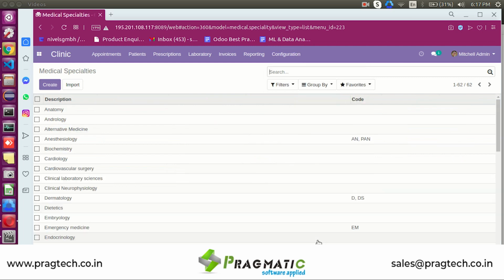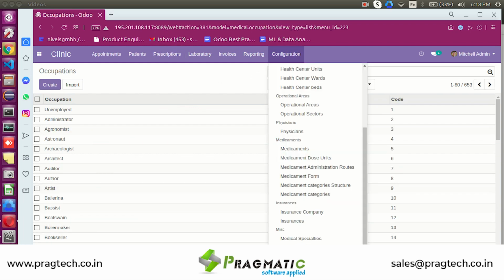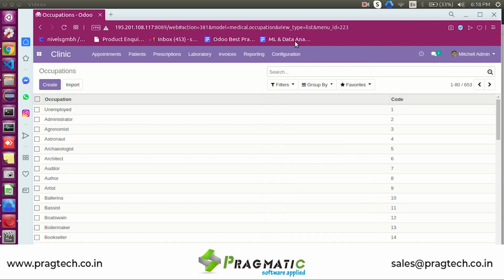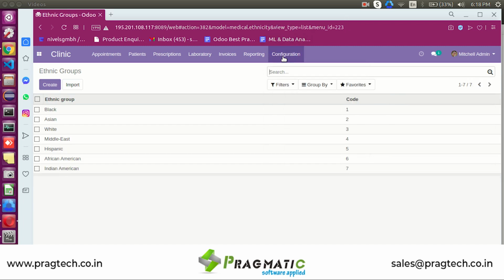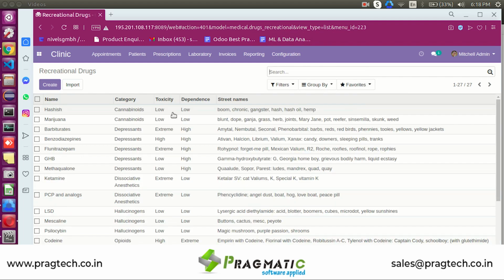Specialities that we have seen in the physicians, so you can go and then add more specialities that you need to associate with the physicians. There are different occupations. So here are a list of occupations. You can give ethnic groups, whether the patient is Asian or something like that. That data can be added as well. So this was particularly, and here's a list of recreational